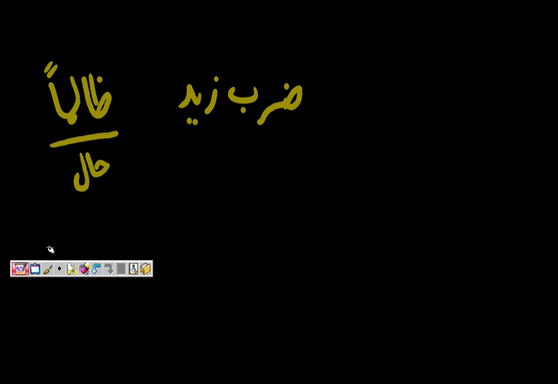So hal indicates the state of the action. It could be for the subject, it could be for the object. In some cases the context will make it clear, or the agreement will make it clear. Hal will never say never in Arabic, but hal will usually not have an alif lam. And the dhul hal will have a case. If it's the fa'il, it will be marfu. The dhul hal does not have a case because of the hal. The dhul hal has a case because of what it is in the sentence. It might be a fa'il, or it might be a maf'ul, or it might be majroor.